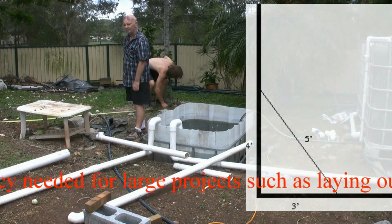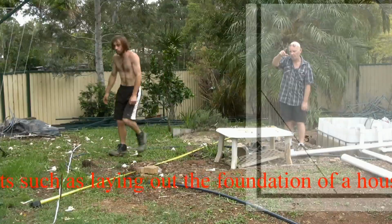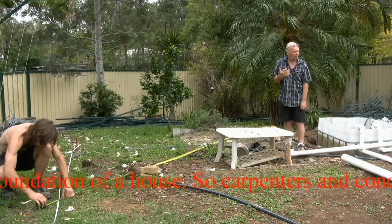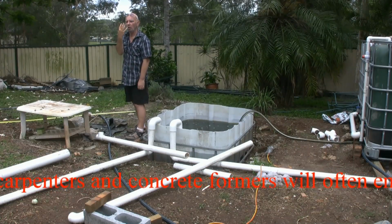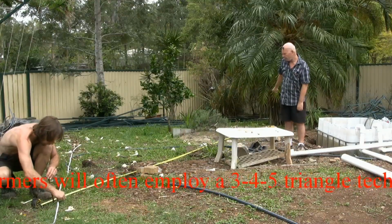It's a very, very old piece of trigonometry. Obviously you can't make a square to go in there and get it bounced all the way up. So what you do is you use the 3, 4, 5 method. Just remember that. 3, 4 and 5. And between the 2 points and 5,